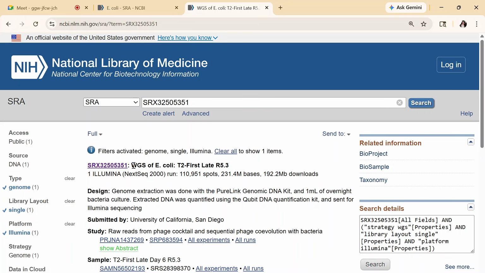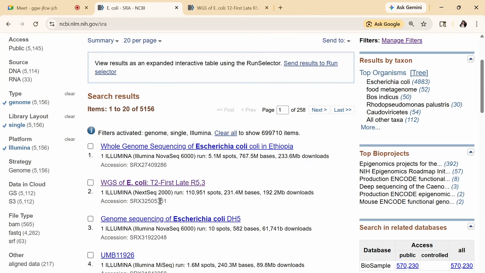So here we can see whole genome sequence of E. coli. This is the accession number of this specific data set. So the accession number is very important. Now one more thing to look at here is that in the accession number it is written SRX. Now what do we understand by SRX? This is called the experiment ID. What do we have to do? We need a FASTQ file. But this accession number is saying that this is an experiment ID, meaning when I click on this data set, we will see all the experiment information of this data. So let's click on this.